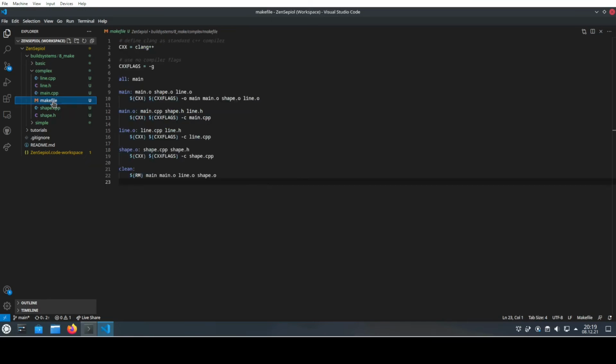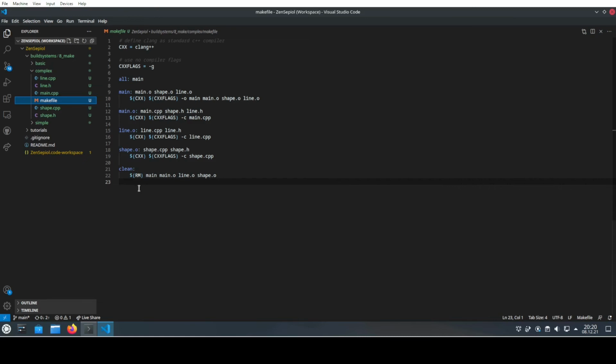If we look here now at the Makefile, it gets a little bit more complex. So at first we again define the compiler and the compiler flags that we want to use. This is very useful because you usually want to compile everything using the same flags. And this -g flag in this case is just adding some debug information to the files and to the output, so it's a little bit better to debug. The all target will just depend here on main,